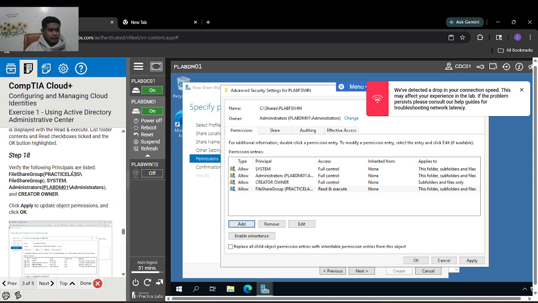Step 18, verify the following principals are listed. Click apply to update object permissions and click OK.